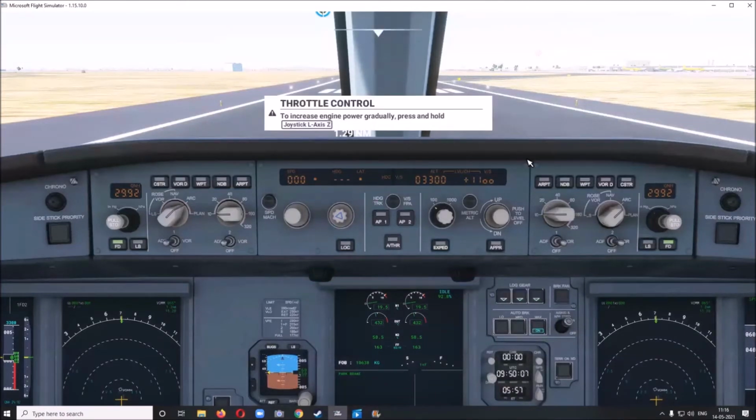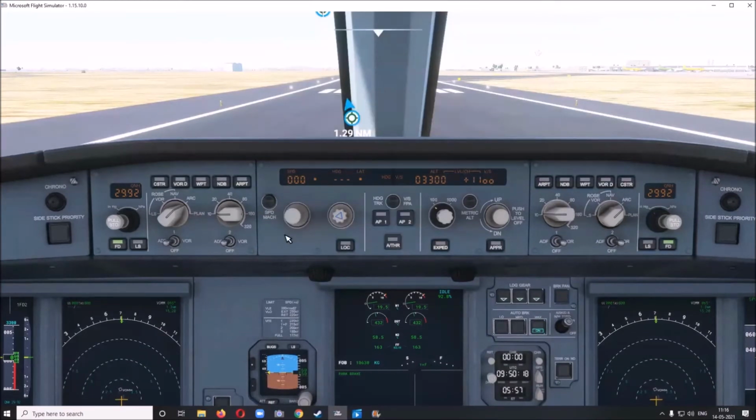Here there are two ways to control. One is called the selected mode, the other one is called the managed mode. In the managed mode, the flight management system will control. In the selected mode, you give your input parameters. So we will select the heading. This is the heading. We'll select the runway heading, which is 71. Now runway heading is 71. I have set 71.